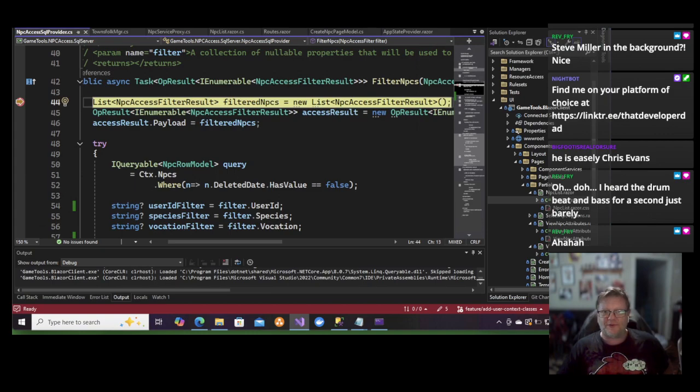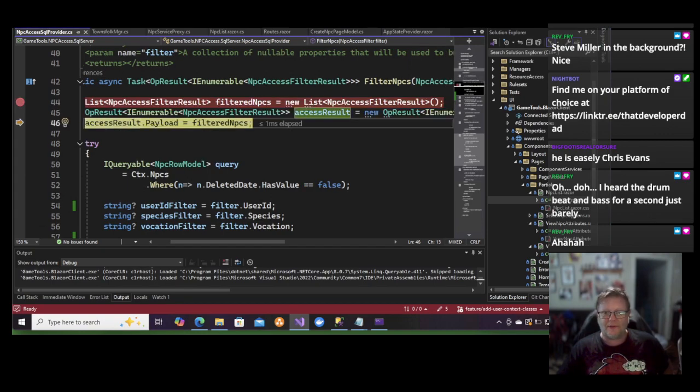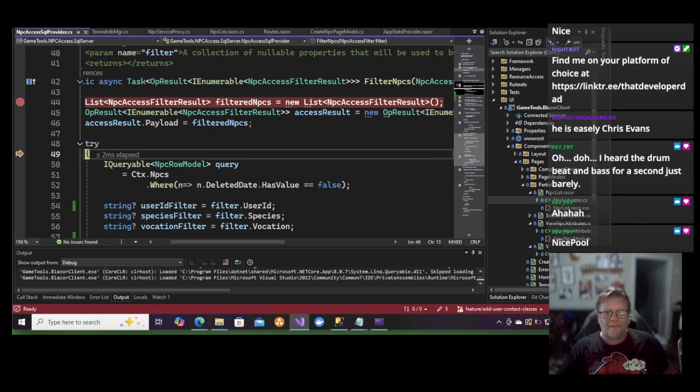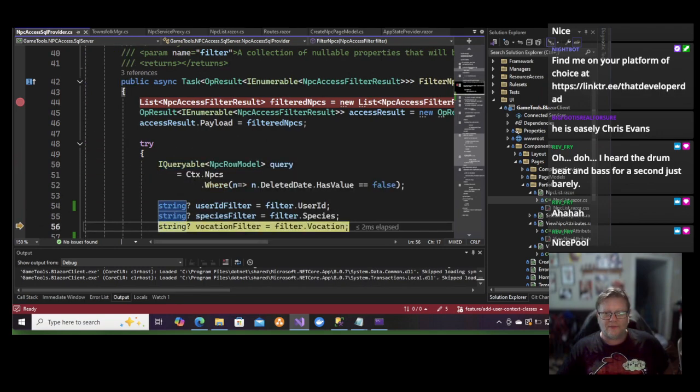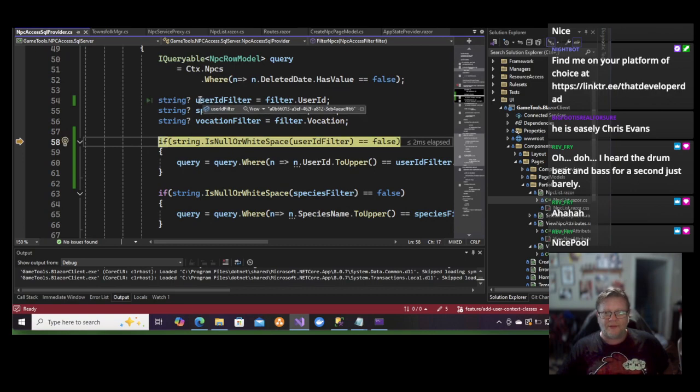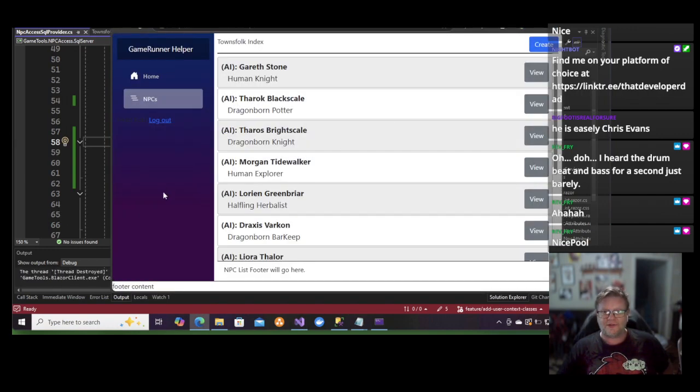All right, so we're up into our filter. UserId filter is that. Species filter and vocation are both null. And let's fire the lasers. There we go. Good. We got all of our NPCs back. Now, the reason we have all of these guys is because